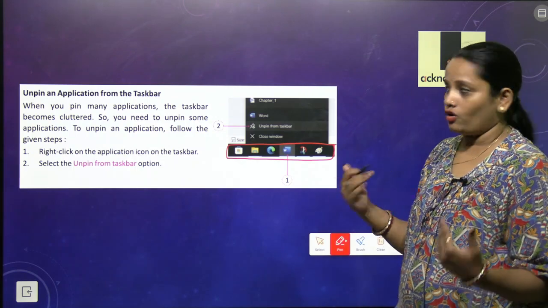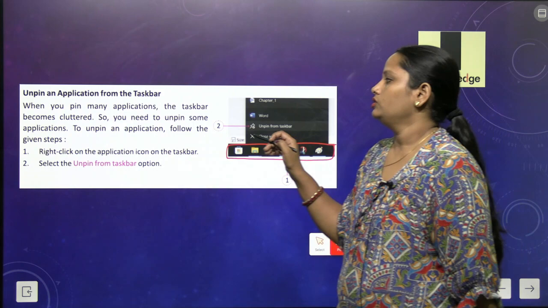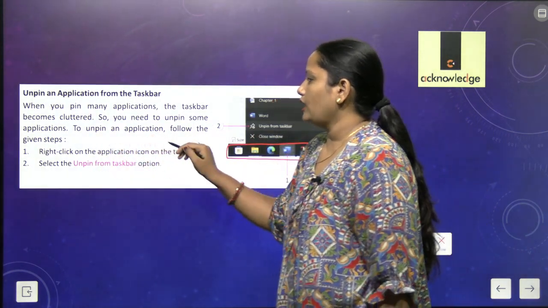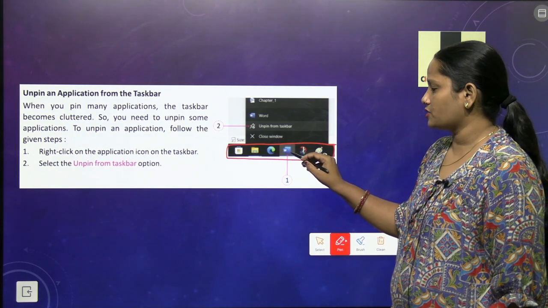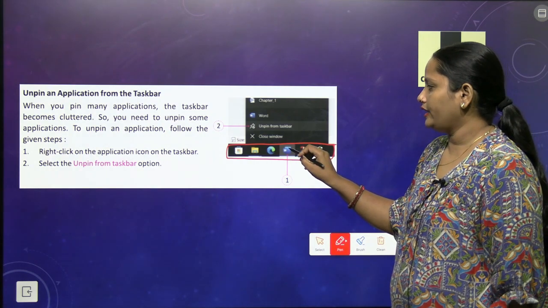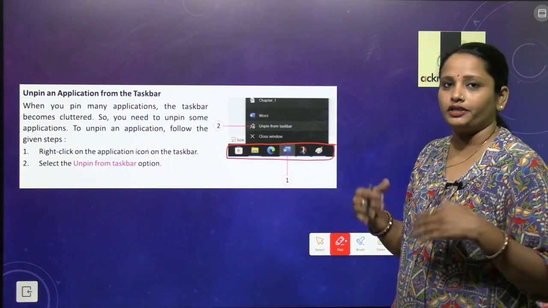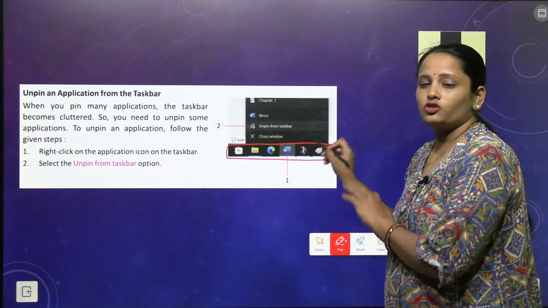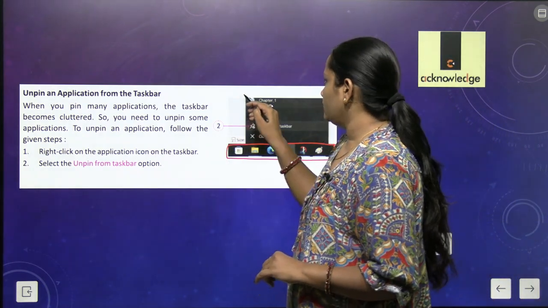So if I want to unpin this Word from here, what will I do? Right click on the application icon in the taskbar. So on the taskbar, I have to right click on this application. Whatever application I want to remove from the taskbar, what we have to do? We have to simply right click on that icon. After that, this